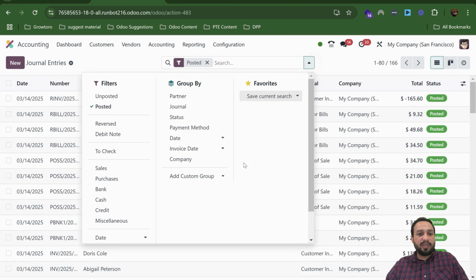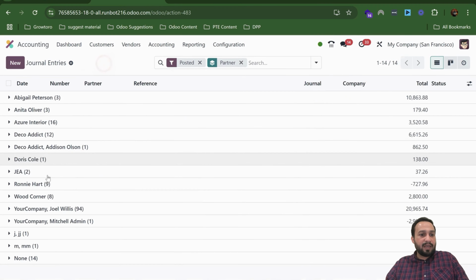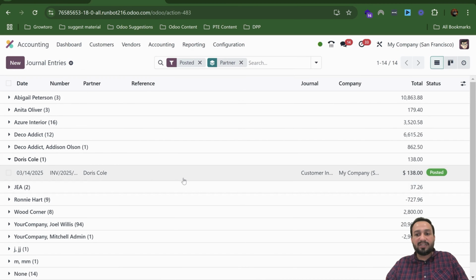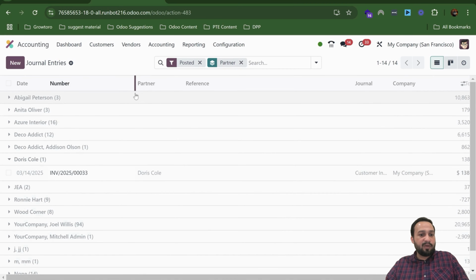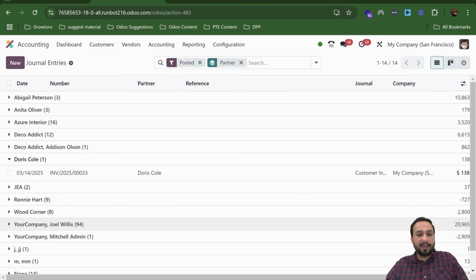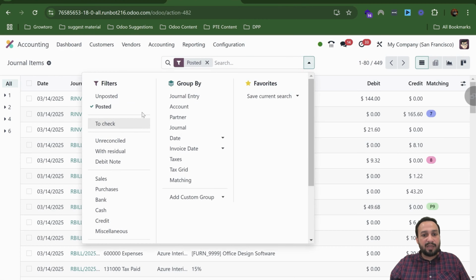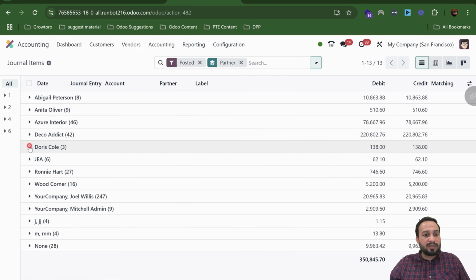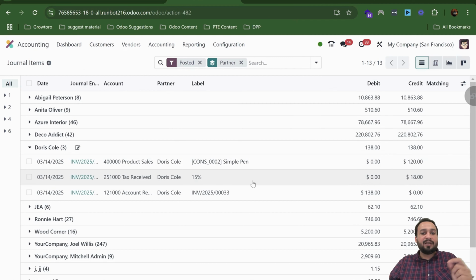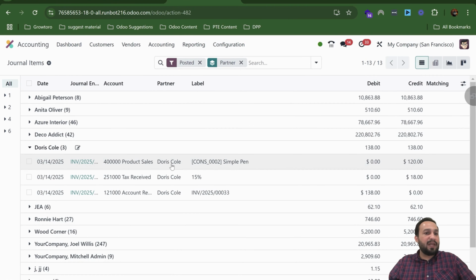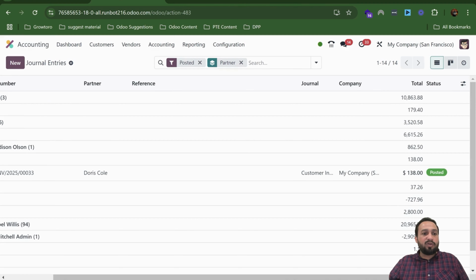Now I will look into the partner and search for Doris Call. There is Doris Call, and Odoo posted one journal entry against this invoice. This is our invoice reference, invoice 003. Now when I look into my journal items, I again search for the partner, and Doris Call is here. I can see there are three transactions with the chart of accounts available here against this invoice. So now I want to make changes